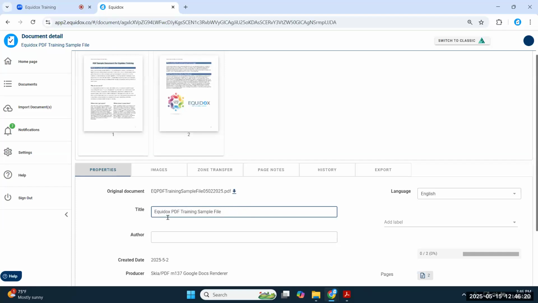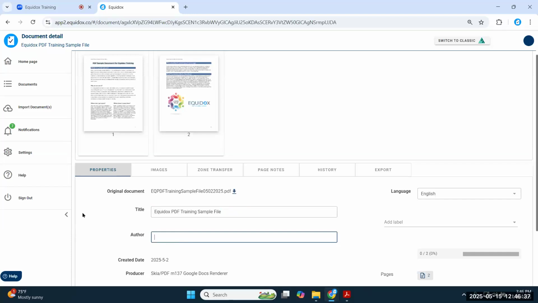So I always try to clean up that document title and make sure that it's clear and concise and descriptive of what the document is actually about, because this makes a big difference for the end user that's relying on that title, which would be people using assistive technology. You can add an author if you want.